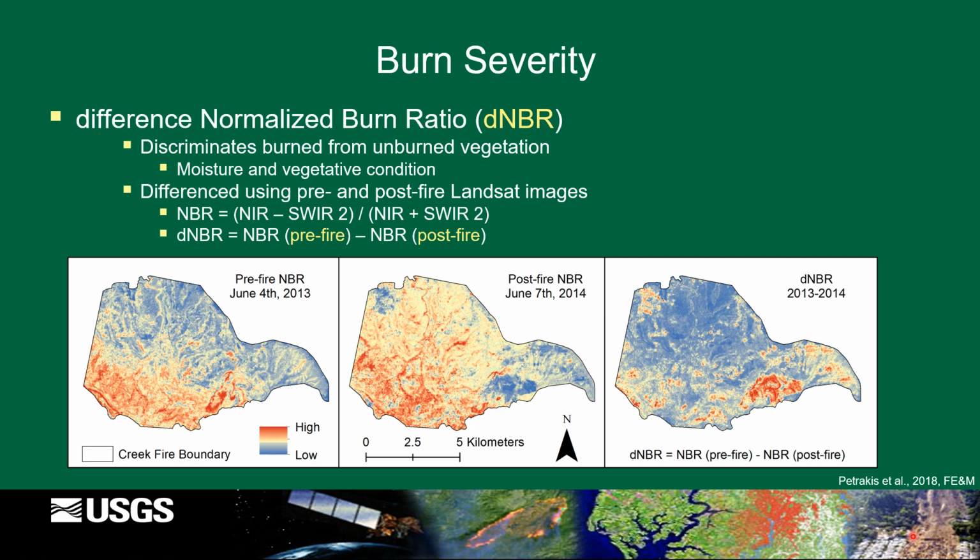On the bottom, we show the pre- and post-fire NBR images, as well as the DNBR image on the right. You can see slightly higher severity in the lower half of the 2013 Creek Fire. Red would indicate higher fire severity, as well as pockets of some high fire severity in the northwest up here and southeast corners, although this area here had the highest fire severity throughout the entire fire.